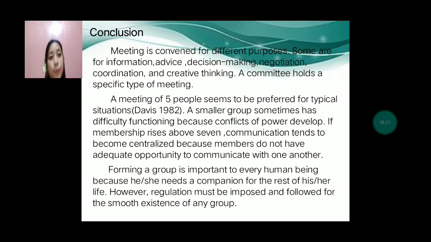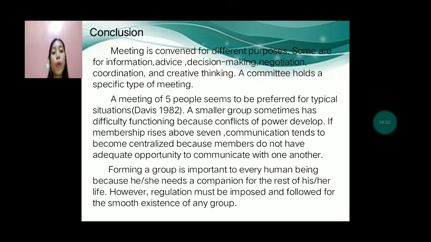Kasi po, kung maliit lang po ang bilang ng mga tao sa isang grupo, madali lang para sa kanilang magkaisa at magplano kung sakali po hindi nila nagustuhan ang plano ng kanilang leader. So, bigger conflicts will happen if only small numbers, or maliit lang ang bilang ng mga tao na napabilang